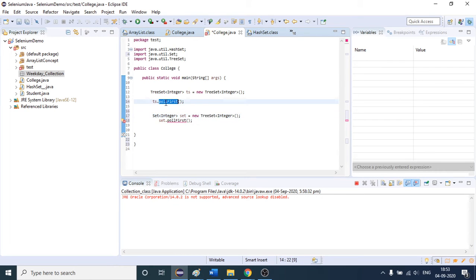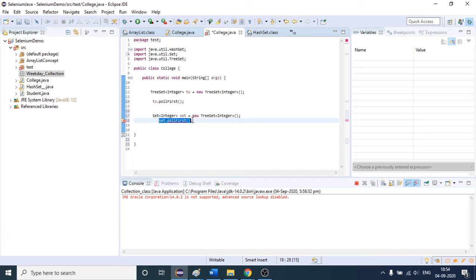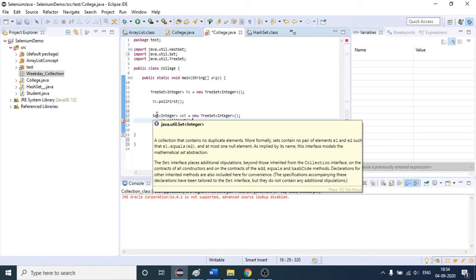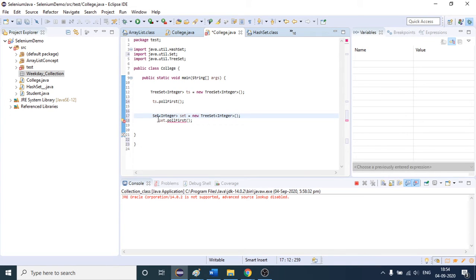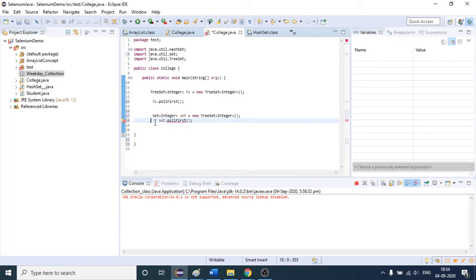As you can see here, this method is present in the TreeSet class, but you will not be able to execute it here because your reference type is an interface, and in the interface this method is not present. This is the reason it is throwing an error. So this is the basic difference between these two statements, and I hope you all are clear with it, and if not, then let me know.